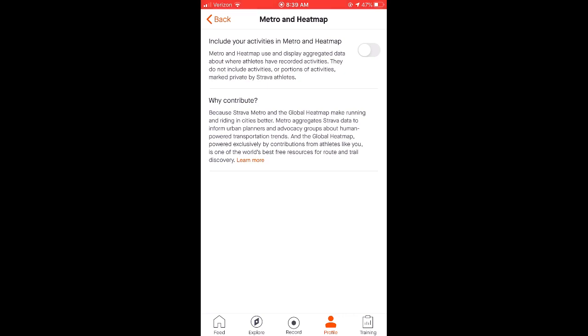I just clicked on heat map by accident while I was trying to keep my phone awake. But that's another one you should consider. Right now, when it's orange, my activities are included in the heat map. When it's off, they're not contributing. I think it's really cool to contribute data to the public, that's kind of citizen science, but I recommend you keep that off, not to include yours in the public's data, because we don't want